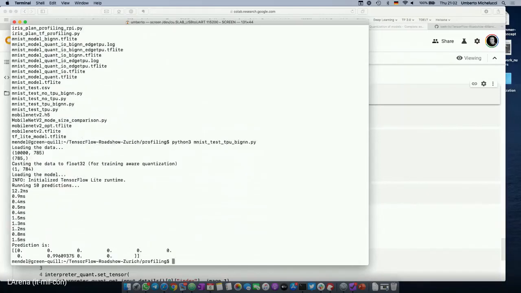Imagine having to load and save stuff from a webcam and so on. But you remember the 38 milliseconds? I cannot scroll back because it will not work. But you remember the 38? So this is now below 1 millisecond, okay? Because this model runs on a TPU. And maybe just as a remark,